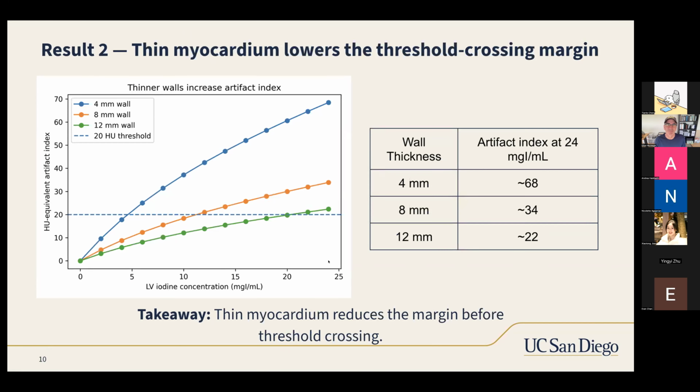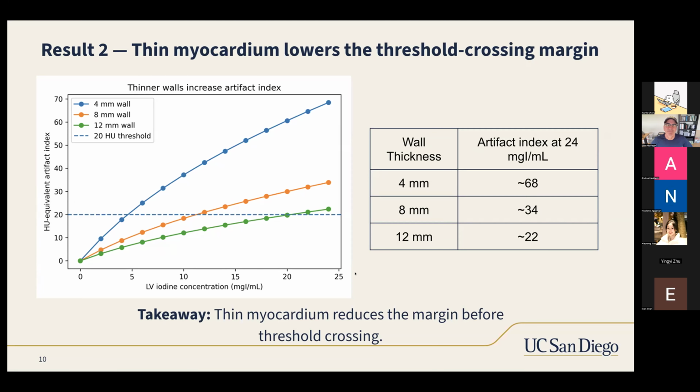range. Besides the iodine level, we also did a sensitivity analysis, that is the wall thickness effect, for result 2. We assume that the shadow has a fixed width. So in a thinner myocardial wall, the same shadow occupies a larger fraction of the wall. From the figure, there are different wall thicknesses in different colored lines. At 24, the artifact index is about 68 HU for a 4 millimeter wall, and about 34 HU for an 8 millimeter wall. So the interpretation is that a thinner myocardial wall reduces the margin before the artifact crosses